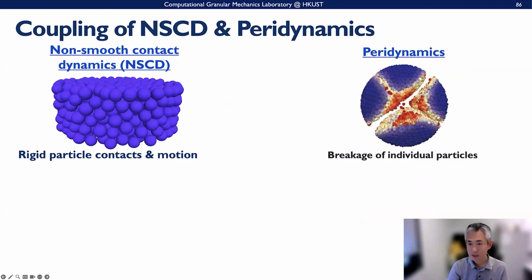Okay, and we essentially couple these two methods together here, and we use non-smooth contact dynamics to simulate one assembly of this granular material, in a similar way to DEM here. And remember, this is a rigid particle contact and frictional motion. From the calculation, we can develop a certain criterion to see which particle satisfies the crushing criterion. And once it's satisfied, for this particle we take it out